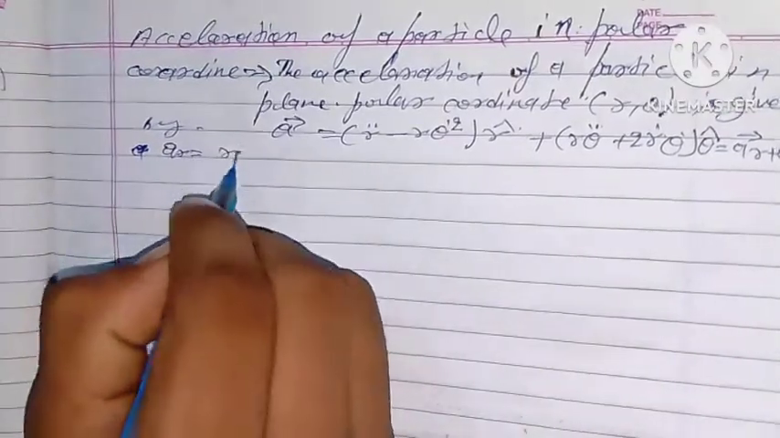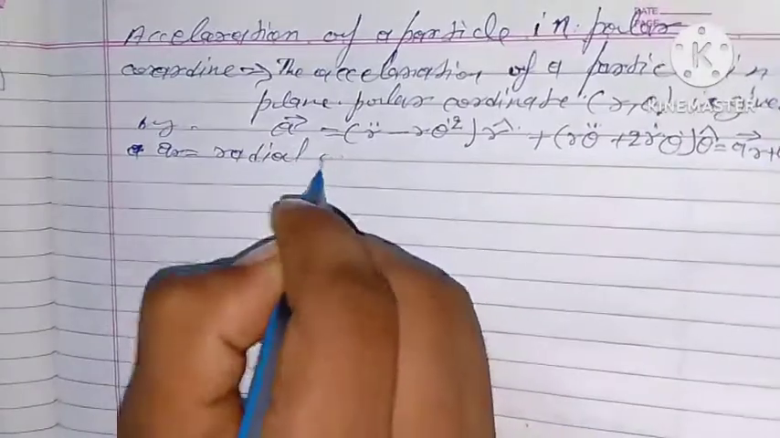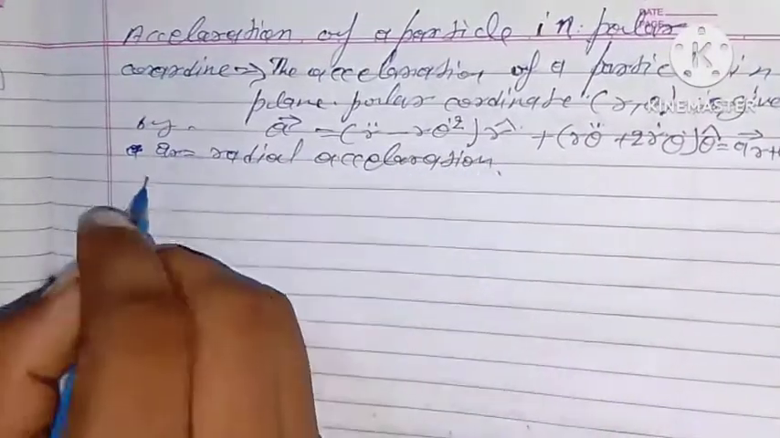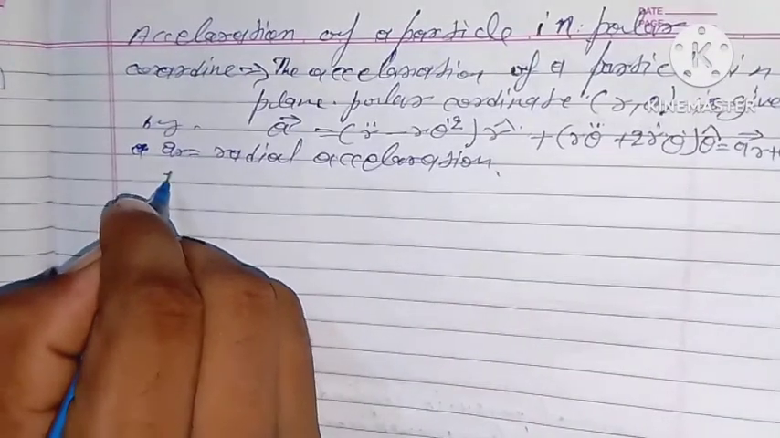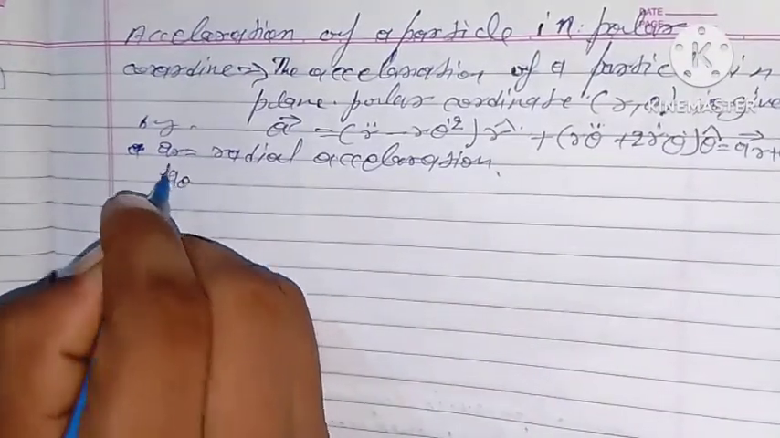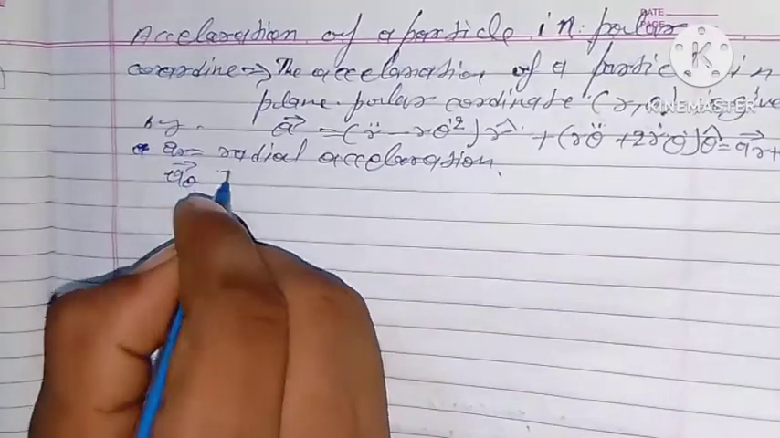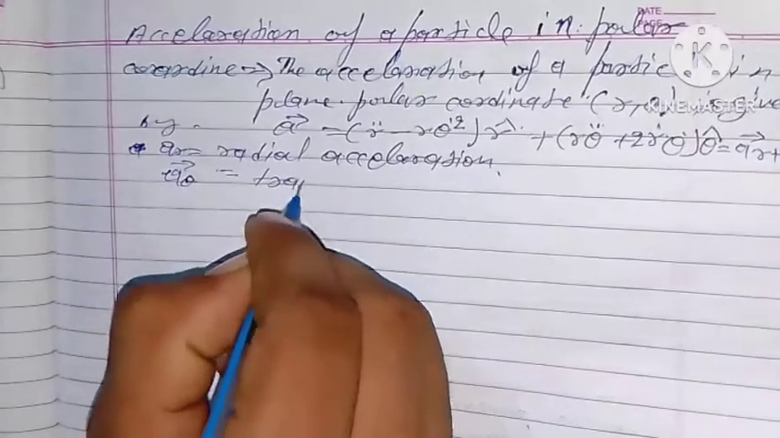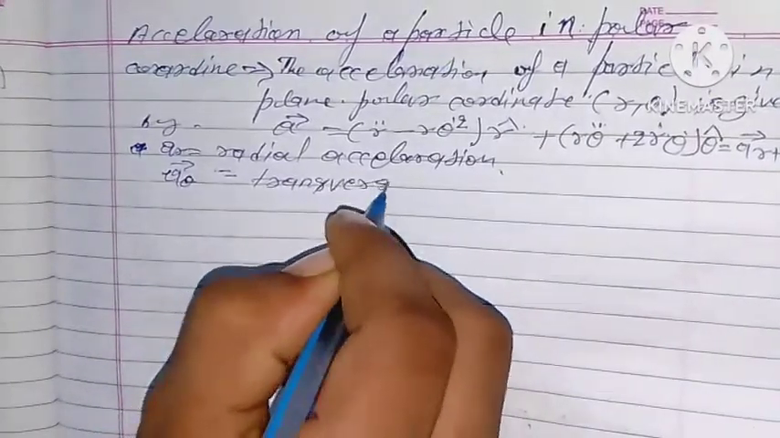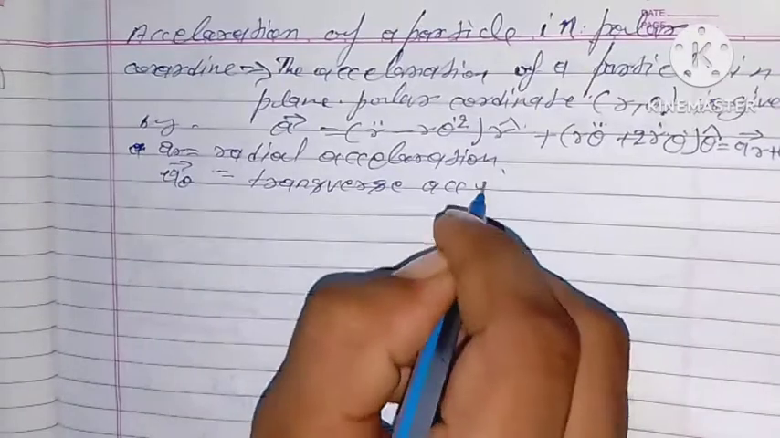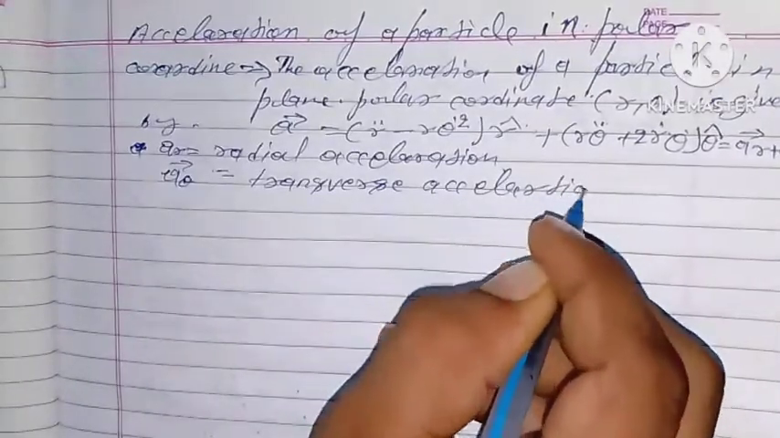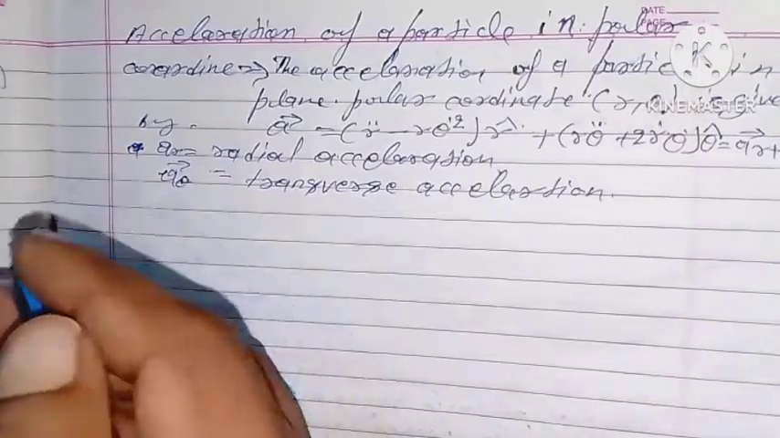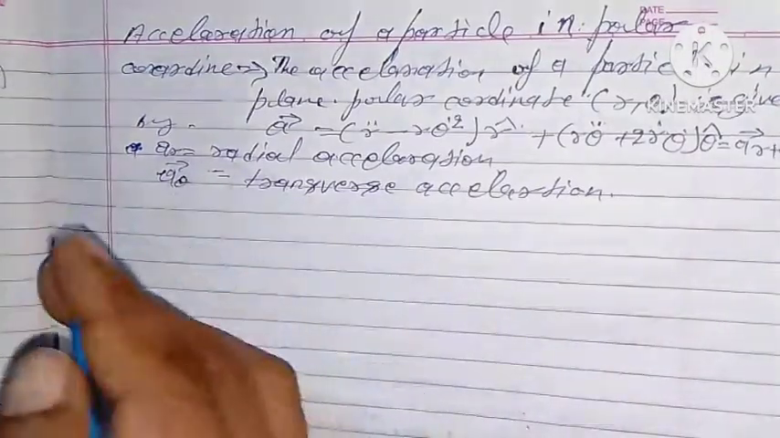where ar is the radial acceleration and vector a theta is the transverse acceleration. Writing the two independently, we have